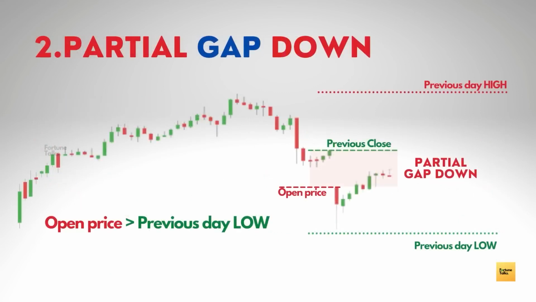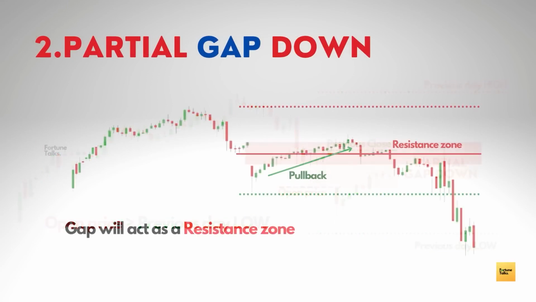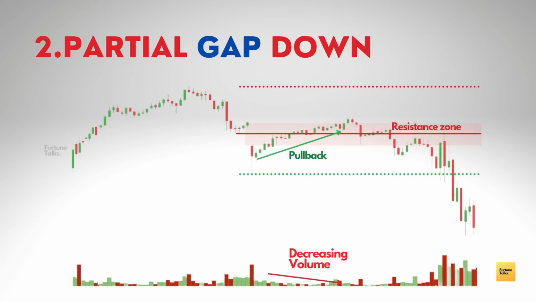The second strategy is when there is a partial gap down. That is, open price is below the previous day close, but it is still above the previous day low. When a market gaps down, then the gap acts as a resistance level for any pullback. If the pullback tests the gap with a smaller volume, it tells us that the price does not have enough strength to break through the gap or break out above the gap. Instead, the gap becomes a resistance level and there is a potential price reversal possible towards the downside,